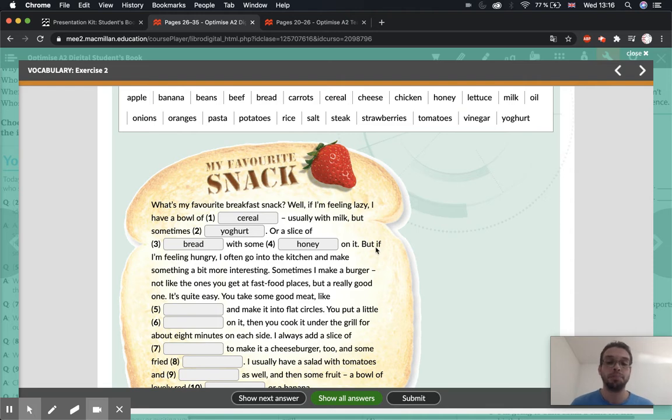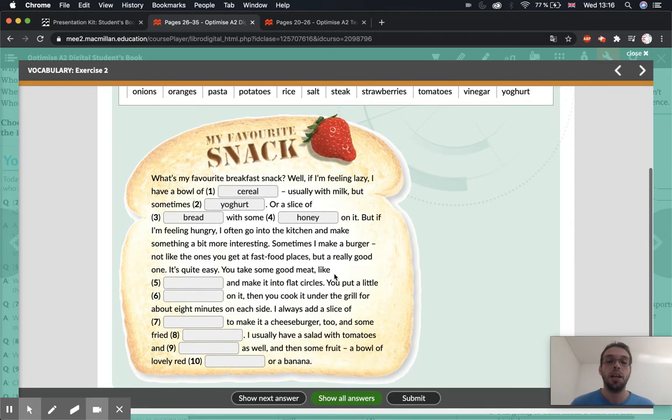Some bread with honey. But if I'm feeling hungry, I often go to the kitchen and make something a bit more interesting. Sometimes I make a burger. Not like the ones you get at fast food places, but a really good one. It's quite easy. You take some good meat, like steak, and make it into flat circles. You put a little oil. Oh, I thought it was salt. You put a little oil on it, and then you cook it under the grill for about 8 minutes on each side. I always add a slice of cheese to make it a cheeseburger too,